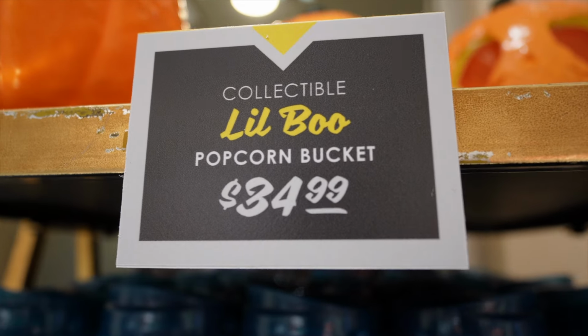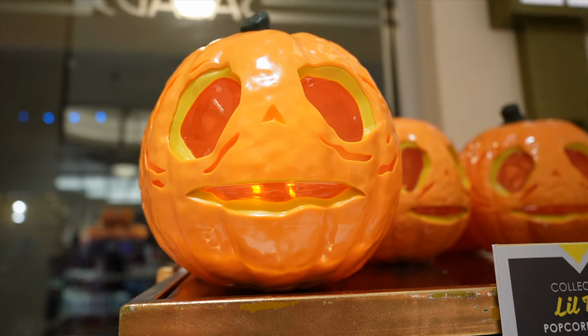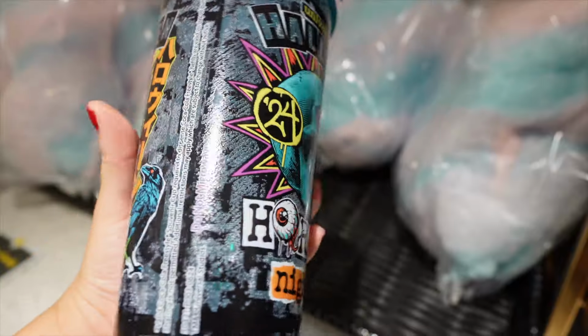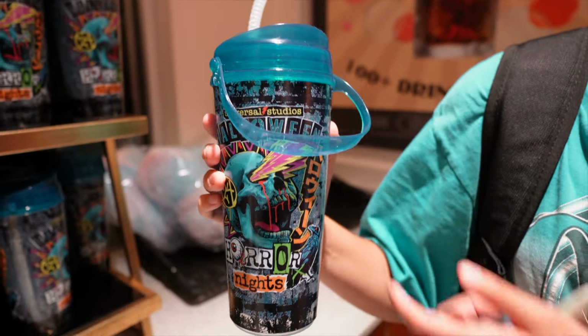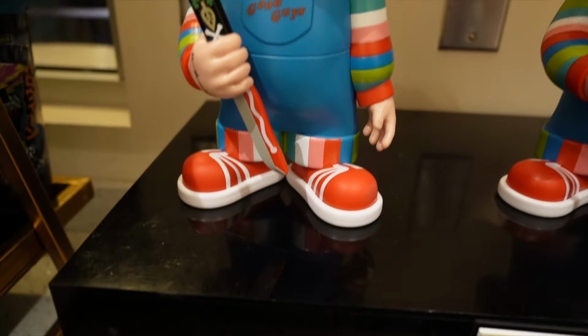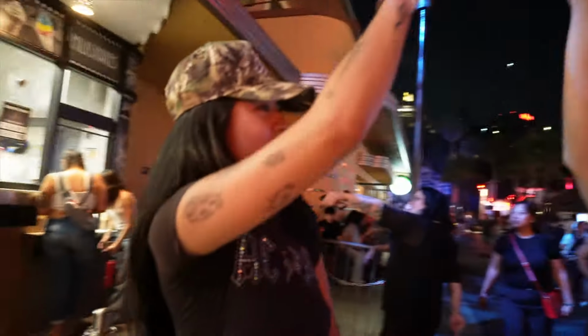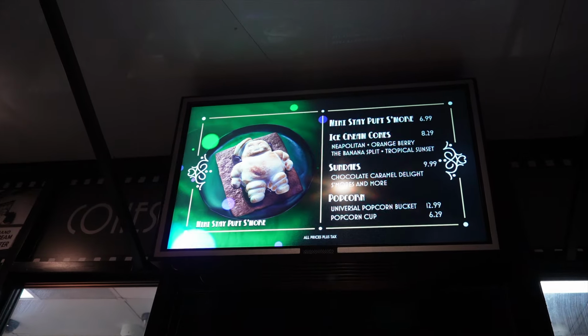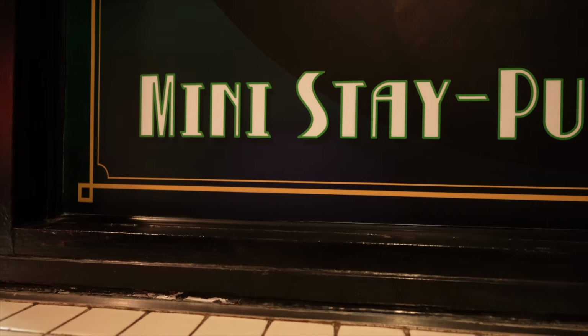I wanna show you the new popcorn buckets they have. So they have the little Boo, and it does light up. It is super cute. This is a refillable cup for the event. Here's just a little look at that. And they did bring back the Chucky popcorn bucket. So again, if you want to get this snack, you gotta get it at Studio Scoop here at the lower